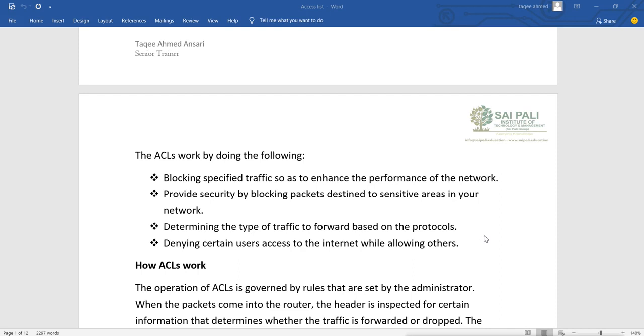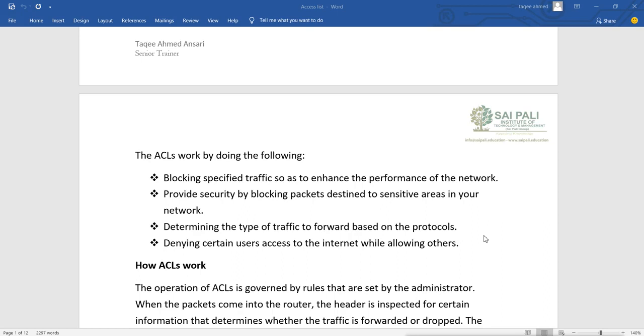Now in this case, when we talk about users, it is not accessing any user information. It is not creating any list based on users. It is basically creating the list on IP addresses, because it only knows the source and destination IP address. So when we talk about users, that means any host machine, and on that host machine, whoever logs in. So whether you want to allow that host machine or not, that is based on what we call the user.